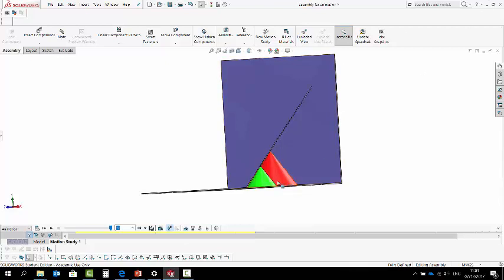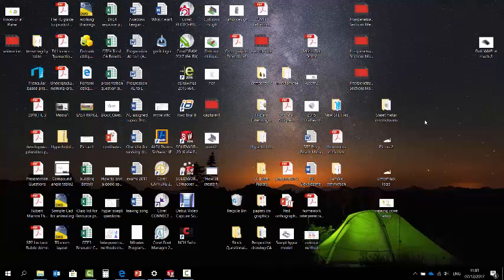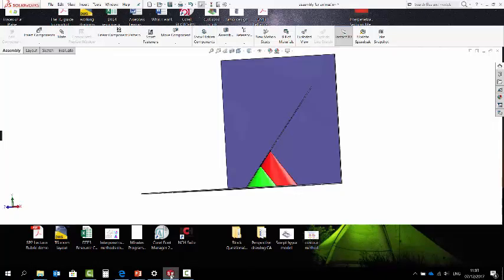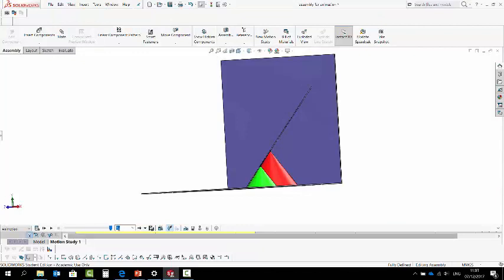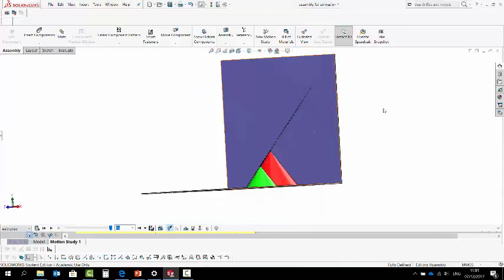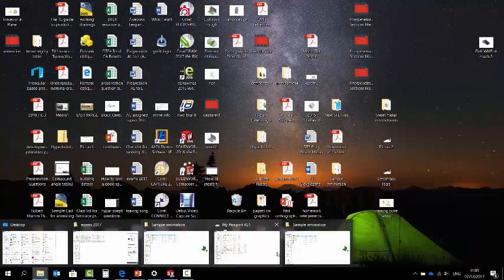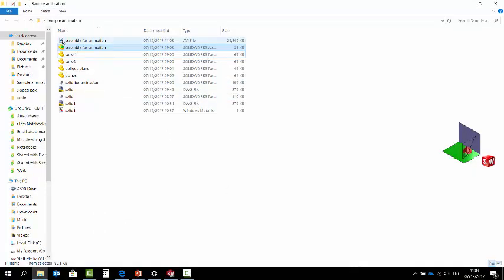It should have it recorded. I don't know where it saved it to. Where did I save it to? Should I just hit it again here just to see where it saves it to? So it's actually saved it into the proper folder. Thank God. So if we look into our sample folder, sample animation, there you can see I now have an